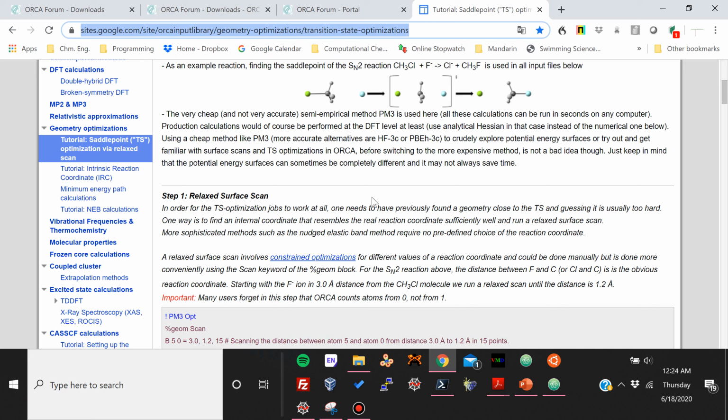At least here, right? Of course, it's also telling us that if we want to make production calculations, they should be done at a higher level of theory and not with semi-empirical methods. If semi-empirical methods are used, there needs to be a type of confirmation to show that they're very accurate in comparison to higher level of theory methods. Okay, so